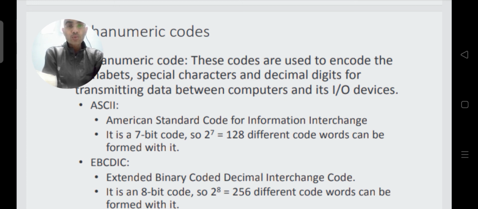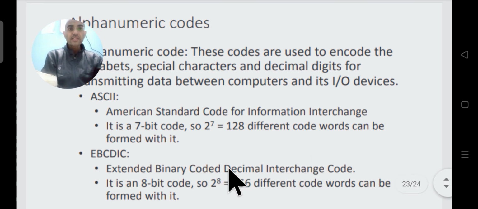The 7-bit code was used earlier, but nowadays for the current machines we use 8-bit codes. This 8-bit code is called EBCDIC code. The full form of EBCDIC is Extended Binary Coded Decimal Interchange Code.